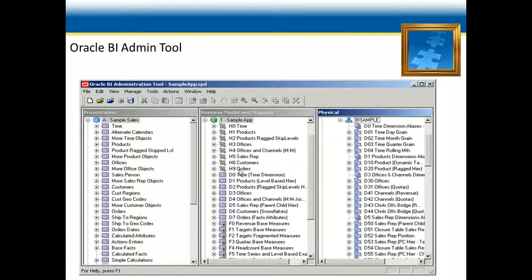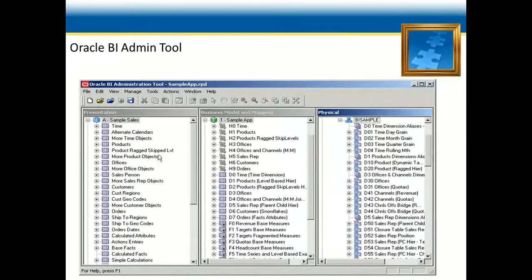In the BMM layer, it may map to multiple data sources. You can have multiple data sources in a single table. Logical tables may map to multiple physical tables. Logical columns may map to multiple physical columns. And measures. Measures are the facts that the business uses to evaluate its performance. They calculate measurable quantities and are created on logical columns in the fact table. Typically, it defines the aggregation rule.